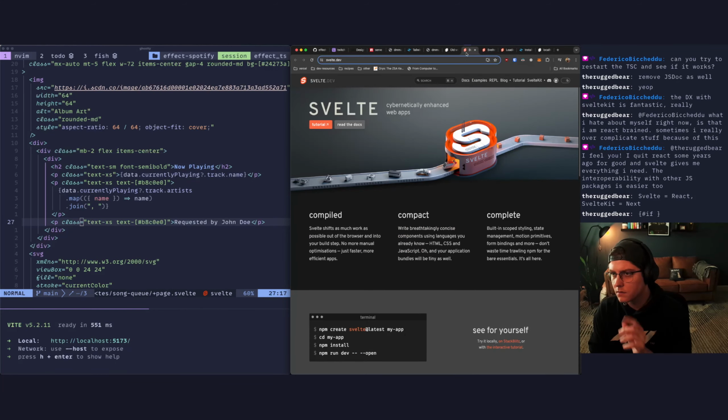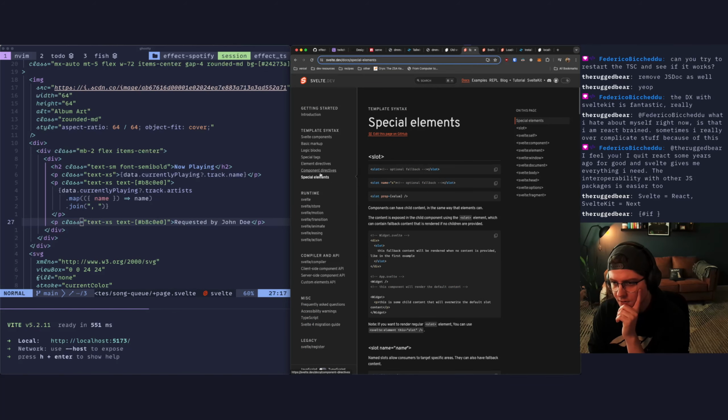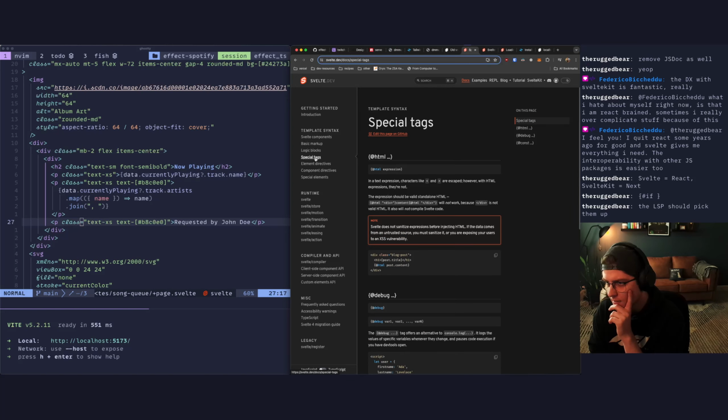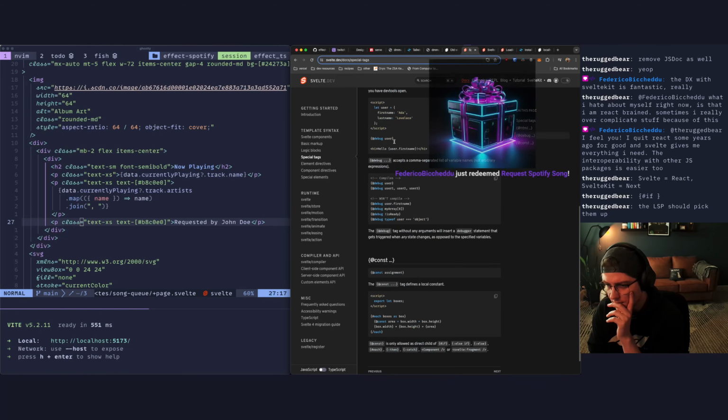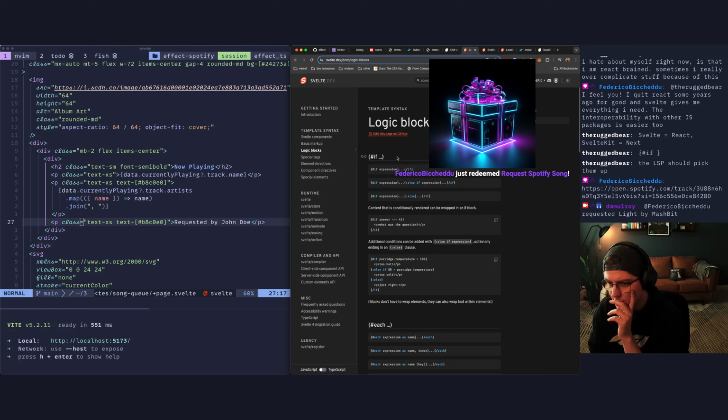Svelte. Docs, special elements, svelte options, head, component, directives, special tags, HTML, debug, logic blocks, if. There we go.